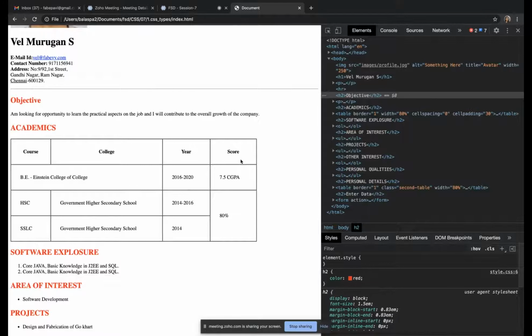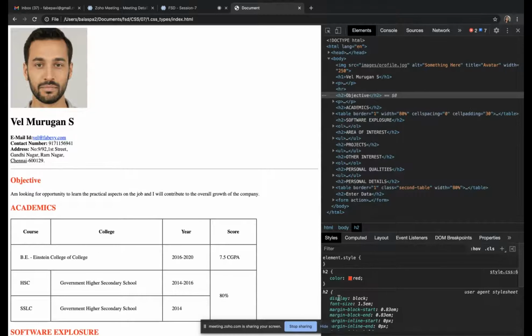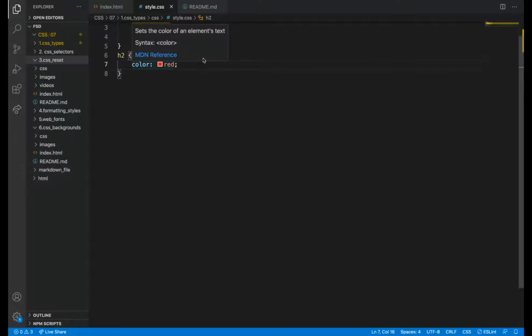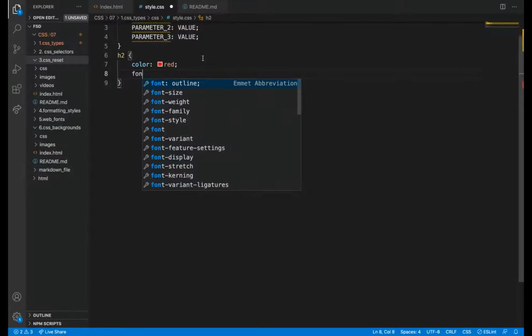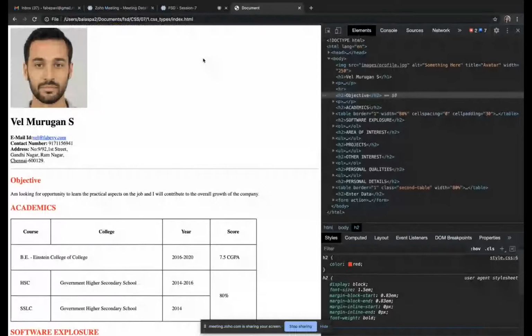The meaning of reset is cleaning the old thing, right? So I need to reset each thing. H2, I should reset all the things to some other things which I want. So I can write like h2 font size is this, and then the default common styles I'm writing. What it means is, I am resetting the styles here. So my Chrome also takes 12 pixel, my Mozilla Firefox also takes that, and my Safari browser also takes the same size. Here the perfect word is user agent.